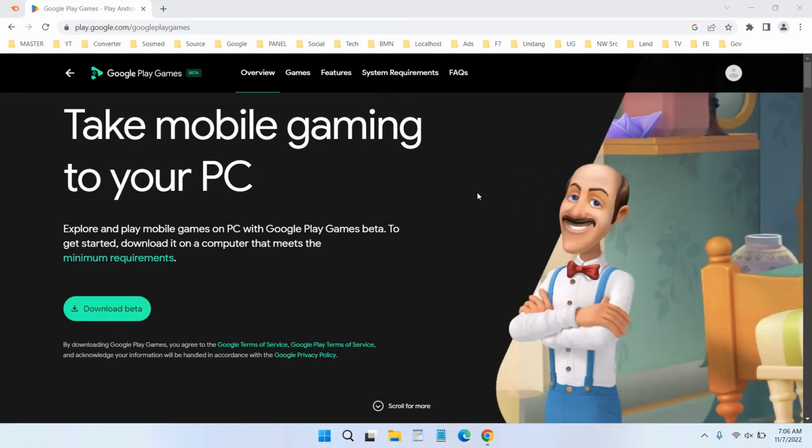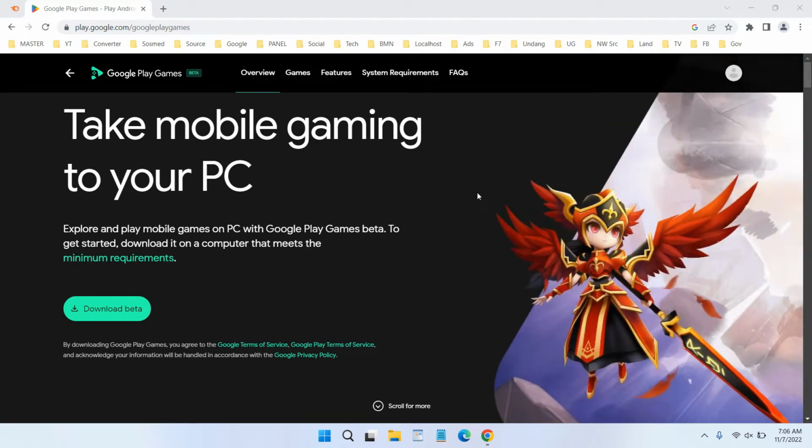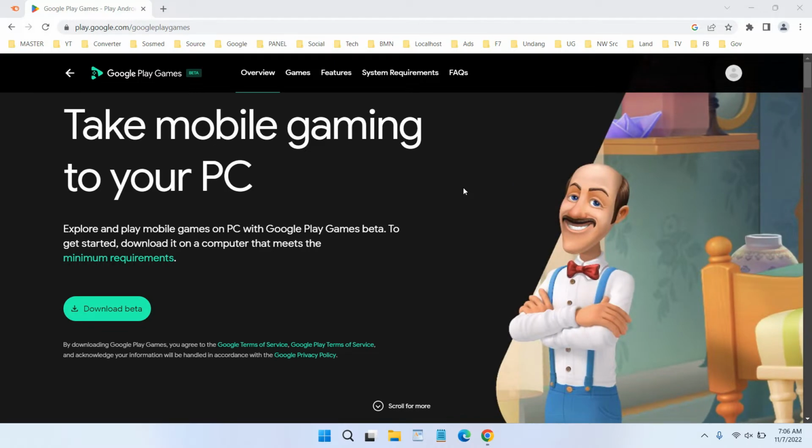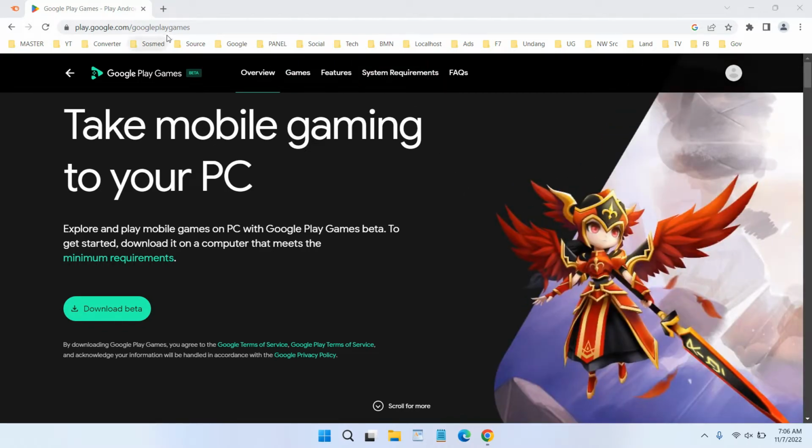In this video, we will show you how to install Google Play on Windows 11. Google Play has been released for beta version to use on PC, especially on Windows operating system. And for the system requirements, you can get on the